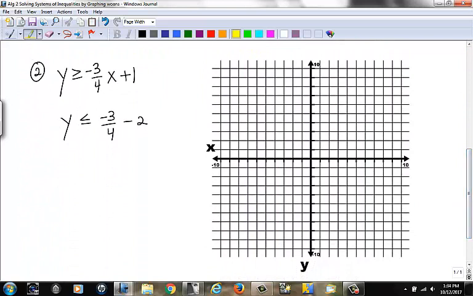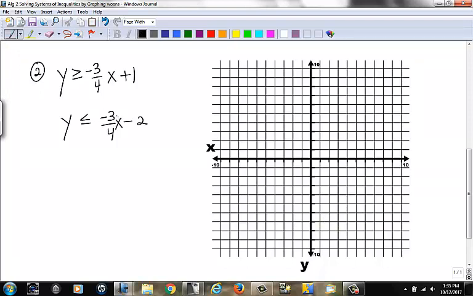Okay, on this one, y is greater than or equal to negative 3/4 x plus 1. And already I can tell my boundary is going to be a solid line because of the equal sign. Y is greater than or equal to negative 3/4 x plus 1. And the second one is y is less than or equal to negative 3/4 x, whoops, left off the x, negative 3/4 x